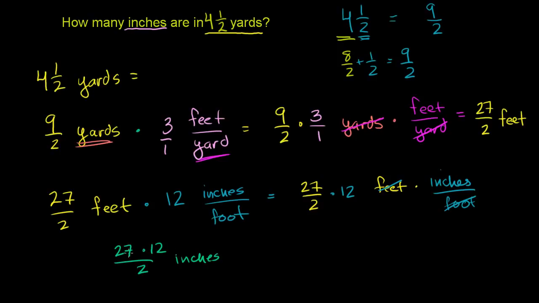And before we multiply the 27 times 12 and then divide by 2, you immediately see, well, I could just divide 12 by 2 and 2 by 2, and it makes our computation simpler. 12 divided by 2 is 6. 2 divided by 2 is 1. So it becomes 27 times 6 inches. And let's figure out what that is. 27 times 6. 7 times 6 is 42. 2 times 6 is 12. Plus 4 is 16. So this is equal to 162